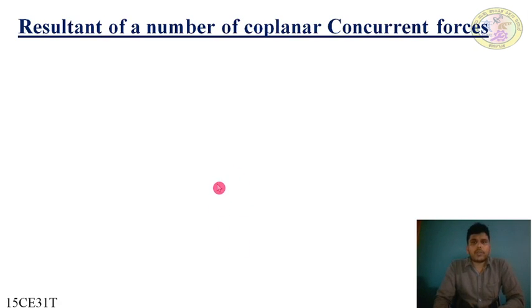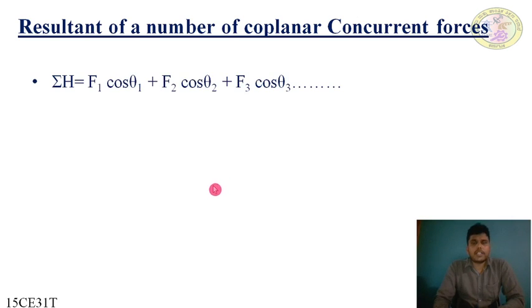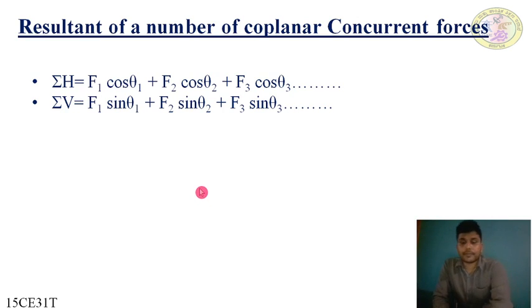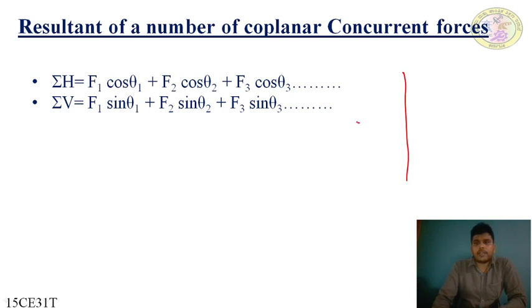Resultant of a number of coplanar forces. When there is a number of coplanar forces, we have to calculate sigma H and sigma V for the resultant. The sigma H is the sum of each horizontal component of the given concurrent forces F1, F2, F3, where concurrent forces will be in this manner: